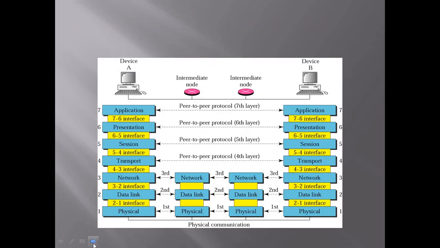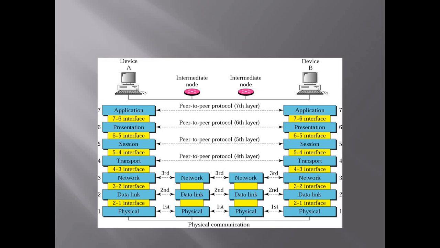So, what happens when two different devices, device A and device B, want to communicate with each other? Here we can see that each device has 7 different layers. Device A has 7 layers and device B also has 7 layers. The first 3 layers, the physical, data link and network layers, are involved with each other.